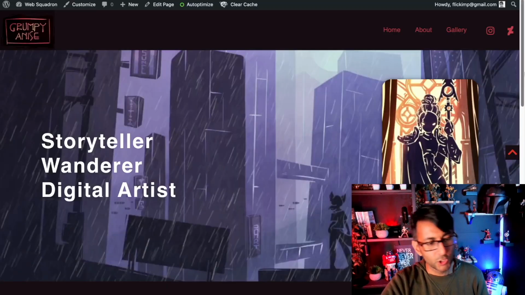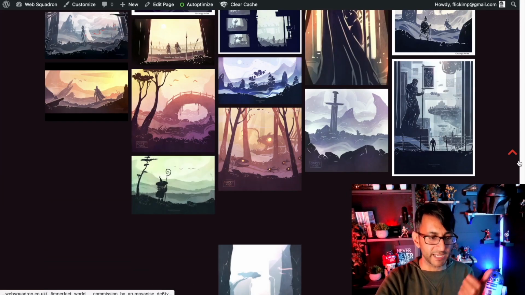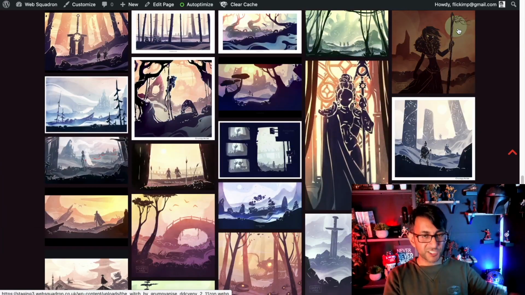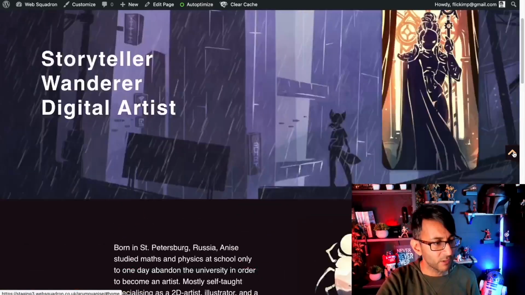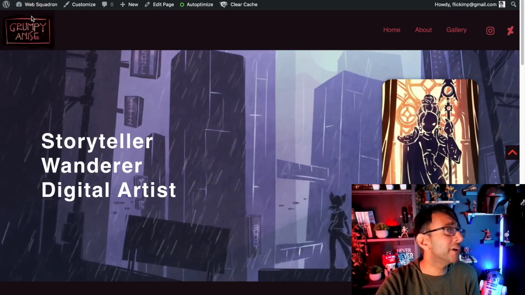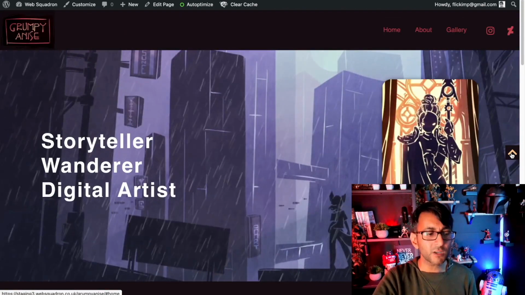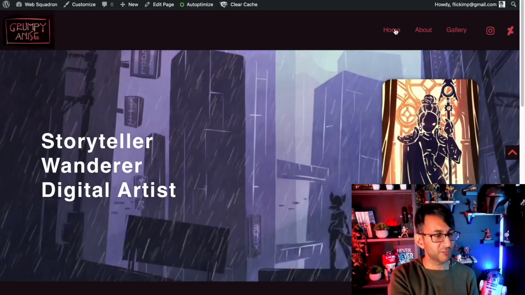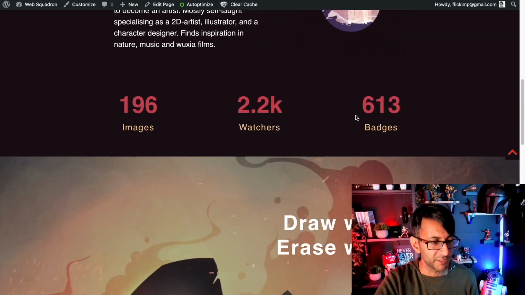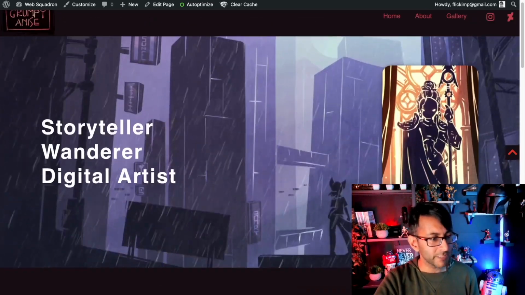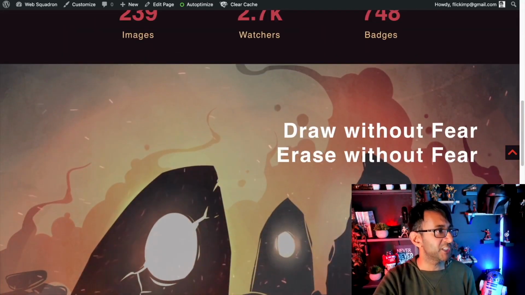Let's now preview this. And look, as I scroll up and down, can you see that section? It's always visible on the right-hand side. So let's now just go here and click gallery. Excuse the fact it's going right to the top of the page because of what I'm doing here. But if I now click here, it goes to the top because we have the anchor here for the home. I go to about. I do that. We're back to the top. Home, well, that's just going to reload the home page in effect and then reload all of the stuff that's loading here. But that is, in its simplicity, a really, really cool, ingenious way of doing a portfolio